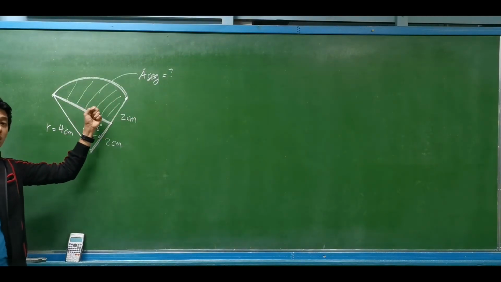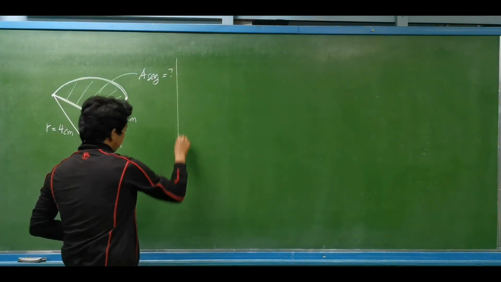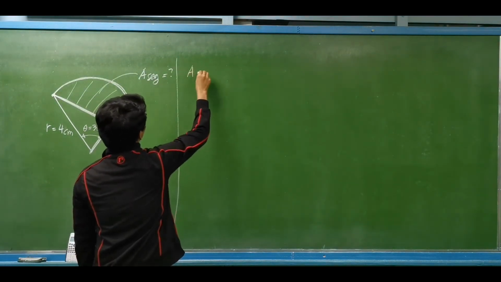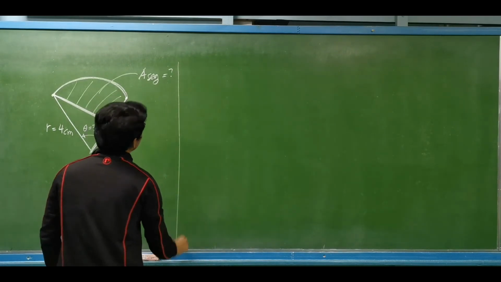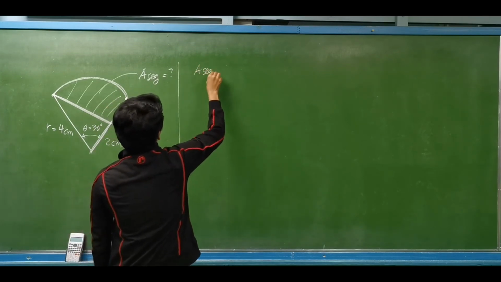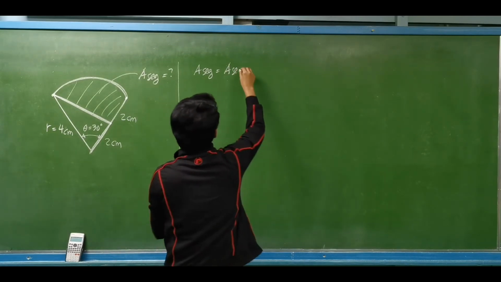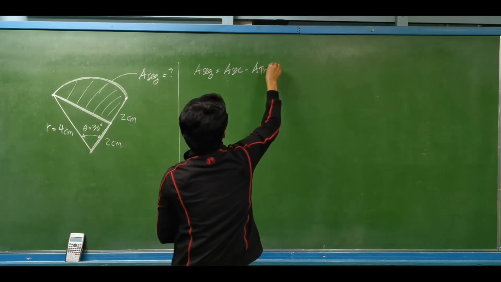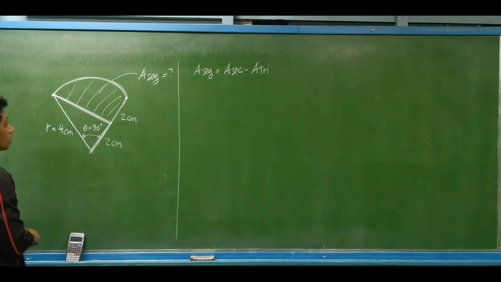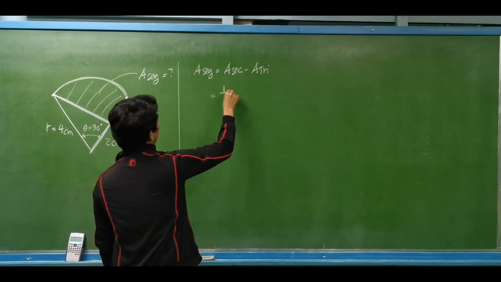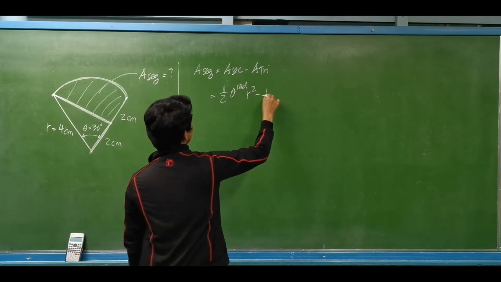We may say that this is an irregular segment of a circle. So still, we have to follow the concept. How do we compute for the area of the segment of a circle? The area of a segment is equal to the area of the sector minus the area of the triangle. Okay, so we have the area of the sector is 1/2 the central angle in radian, the radius squared minus